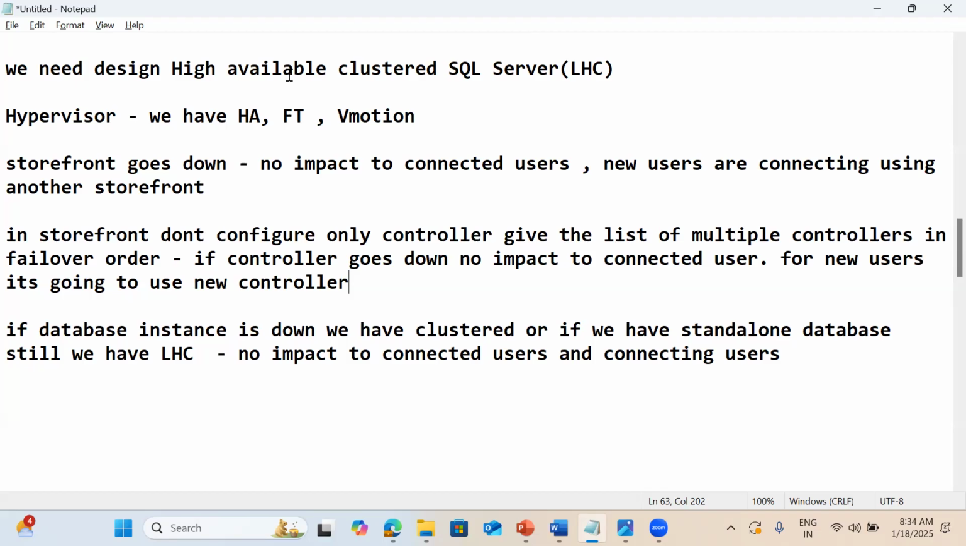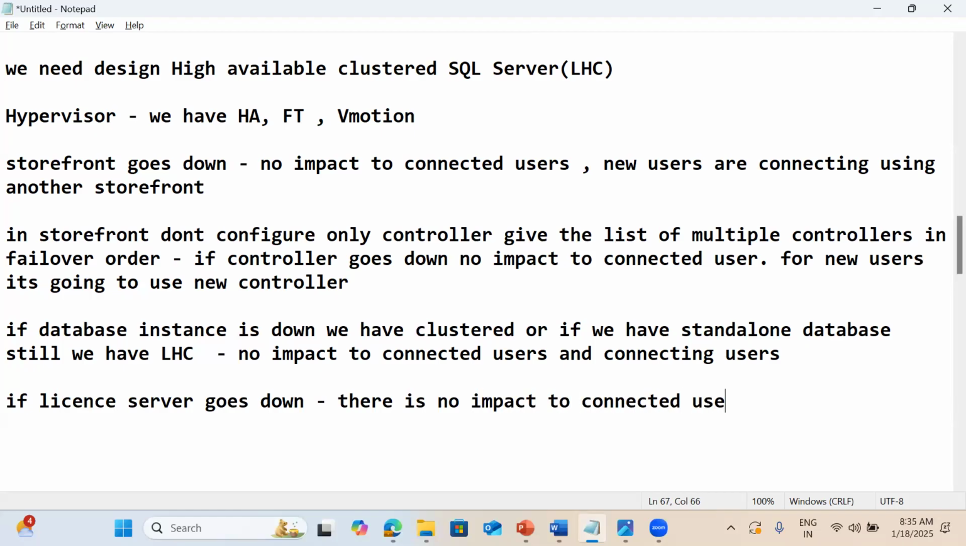No, sir. Okay. So then if the database goes down, also for the connected users, no impact. And if the license server goes down, there is no impact to connected users. For new connections,